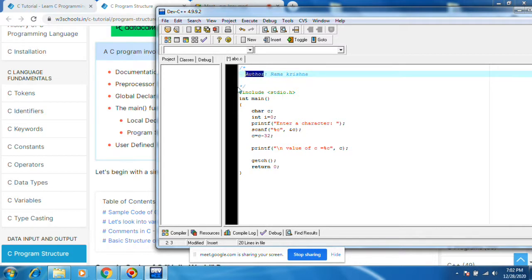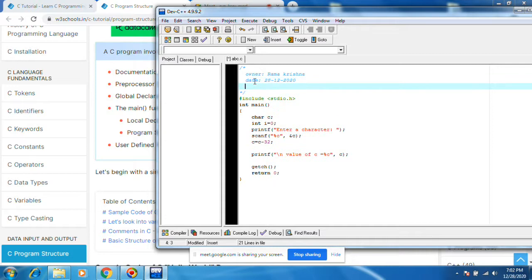This is called a multi-line comment. Who is the owner of this program? And date, you can mention today's date. And then purpose.